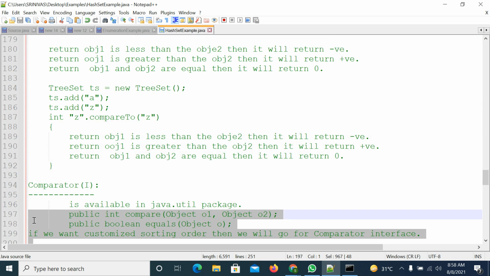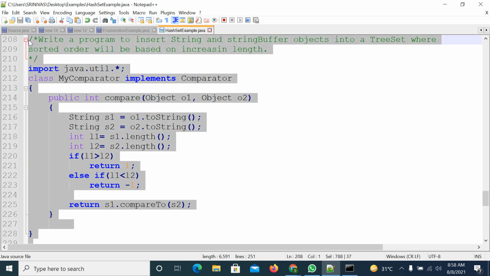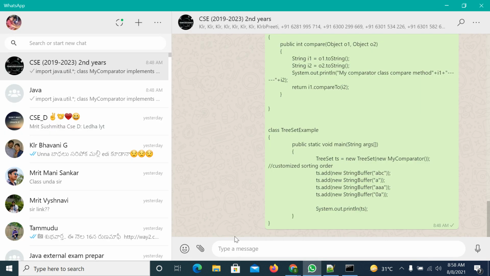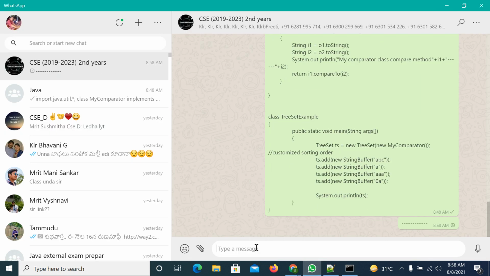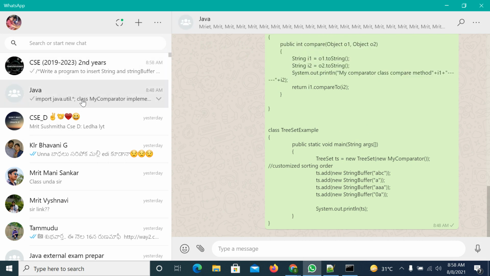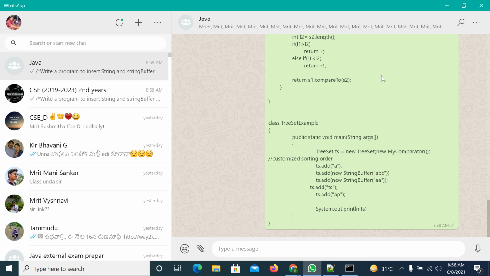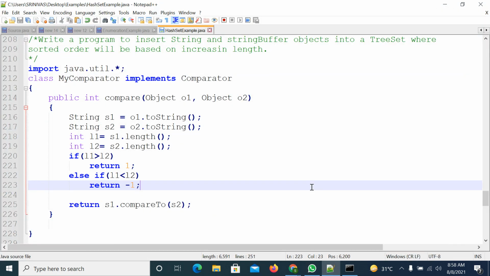Right? Better you can take this example also. Try to practice it. So we'll try with one more example. If required, we will try. Otherwise, not. Okay, no problem. We'll end the session. We will discuss one more example.